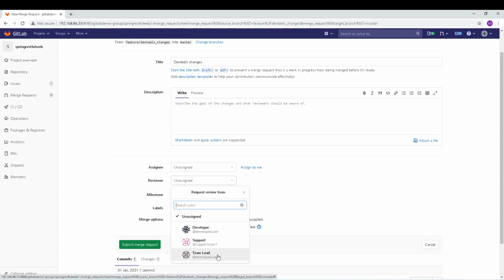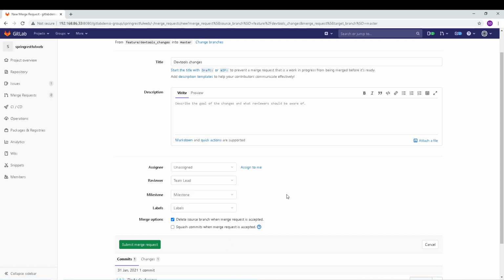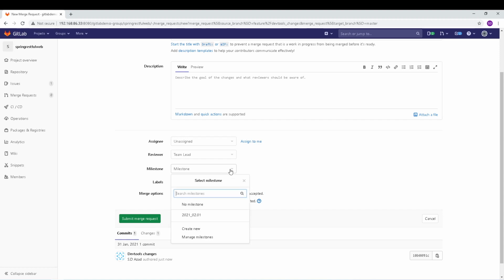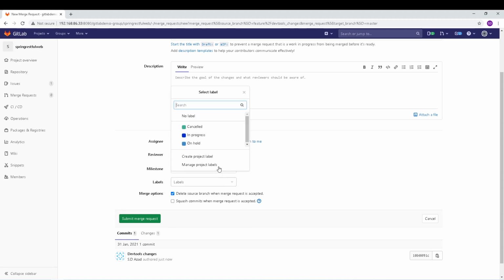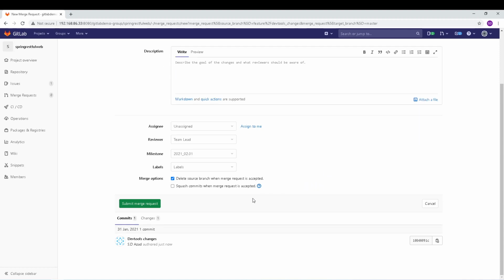I would say let me take team lead, and the milestone is going to be the same, the one that we selected when creating the issue, and the label, okay, we don't have something called completed because we don't have anything at the project level, but that can be done by the team lead, user, or whoever is maintaining this project. Fine. So next, what we're going to do is submit the merge request,